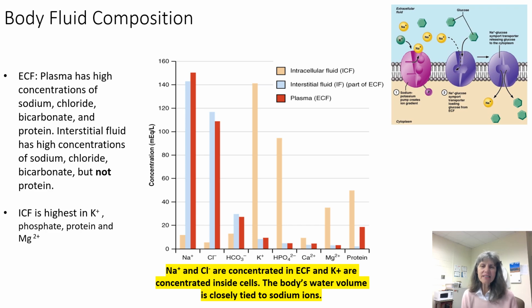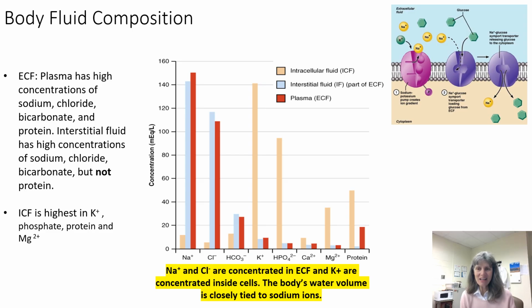On the other hand, intracellular fluid, the stuff inside the cells, has the highest concentrations of potassium, phosphate, protein, and magnesium. Now, you should remember that sodium and chloride are concentrated in extracellular fluid, and potassium ions are